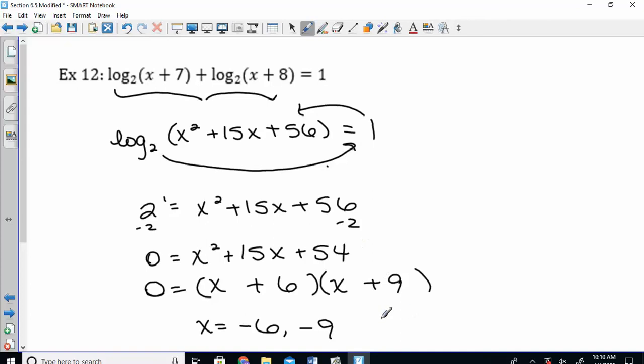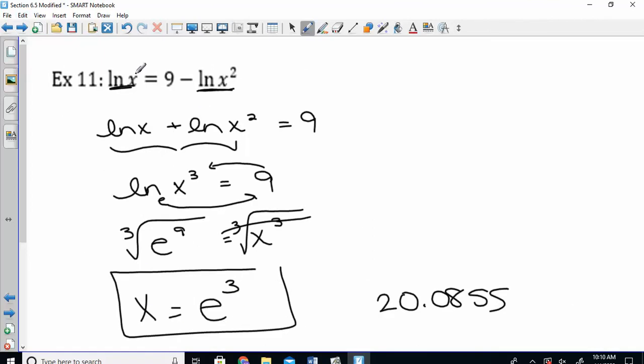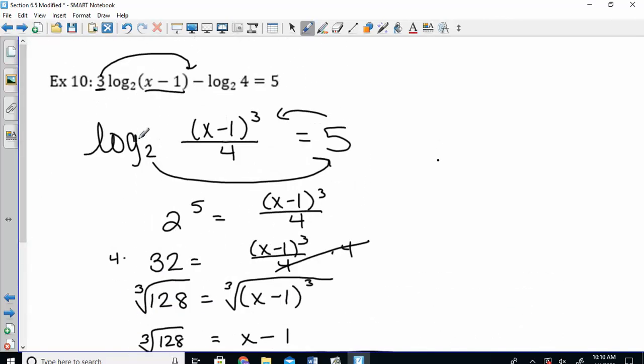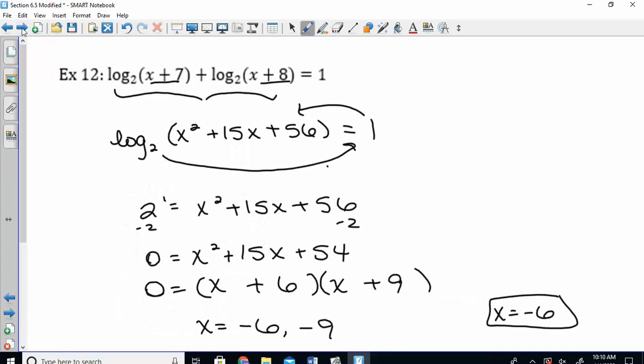I've done a really bad job of reminding you to check on these. I apologize for that. So, well, we have to look. If I put in negative 6, is negative 6 plus 7 positive? Yes. Is negative 6 plus 8 positive? Yeah. Okay, so negative 6 works. What about negative 9? No. So my only answer is negative 6 there. If we had checked on the last couple, e cubed, that's a positive number, so when we plug it in, that's fine. This one, we had a 6 point something, so if you subtract 1, it's still positive, so those are all good. So what I want you to do now